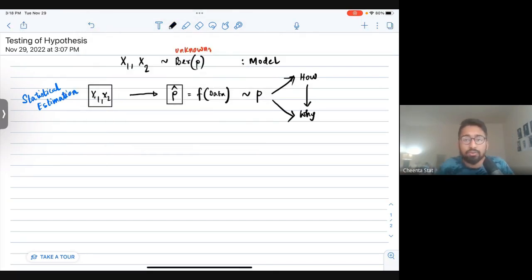Now, what is testing of hypothesis? In testing of hypothesis, we have the same model, right? But we have some other questions. We may not need to know the exact value of the estimate. Rather, instead of asking what is the value of the estimate, we can ask a bit looser type of questions,